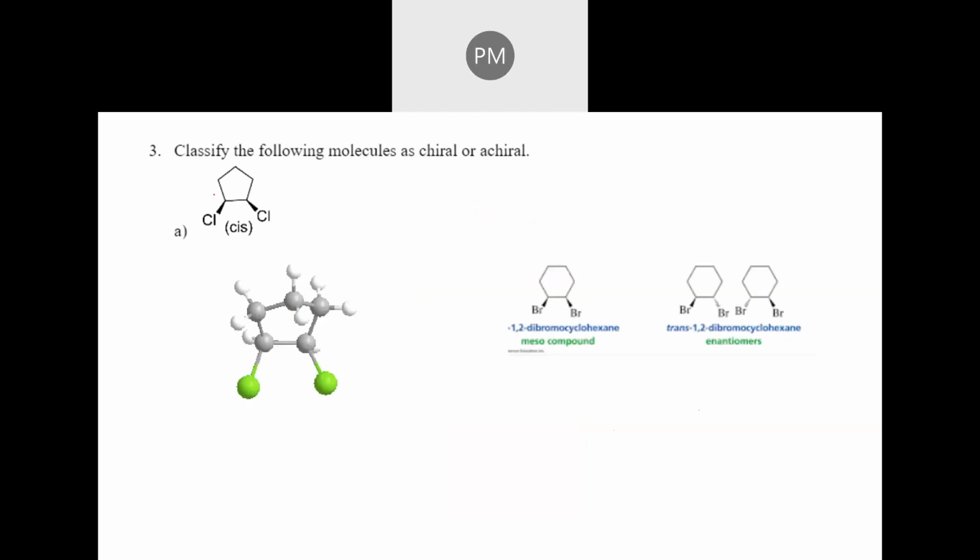So now we have to find whether some molecule is chiral or not chiral. If we classify this molecule as chiral or not chiral, first we have to know that for a chiral molecule, the molecule should have a non-superimposable mirror image. If I place a mirror here,